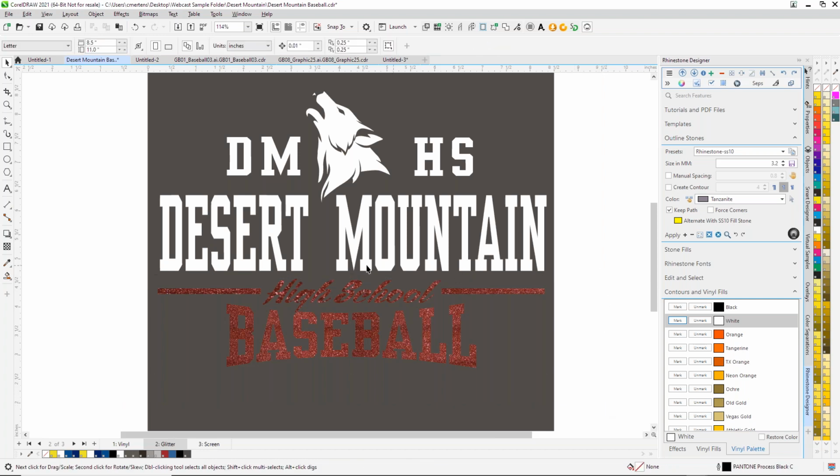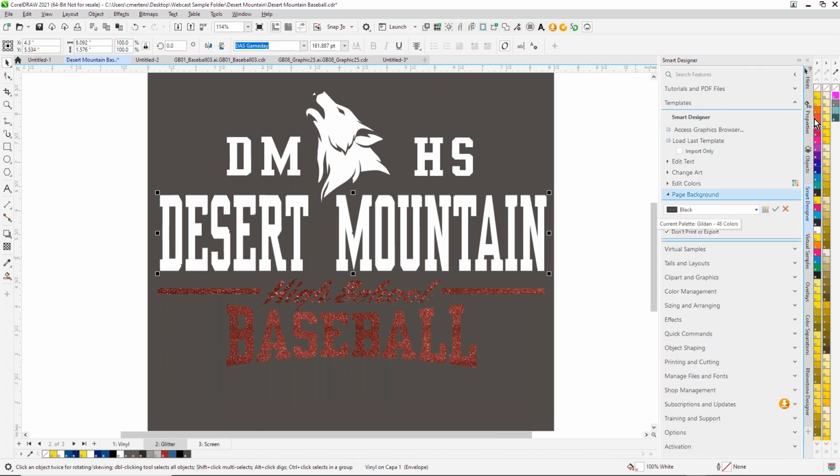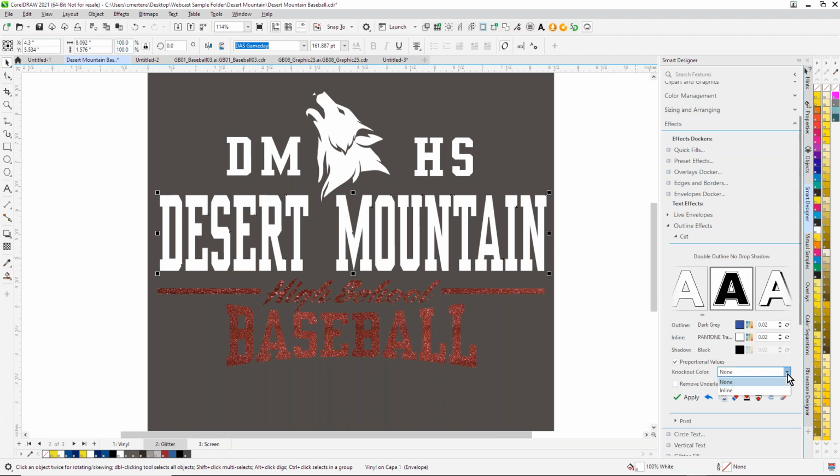You could do some fun things too, like since you're doing vinyl on this desert mountain right here, we could go in there in Smart Designer and add an outline effect. And I think you're going to see this actually improves the quality of the design quite a bit. If we go over here to outlines and go to these cutting effects, I'm just going to do double outline, no drop shadow, and I'm going to punch the inline layer through, and I'm going to remove underlays, which is not going to stack the colors. So if we hit apply on that,